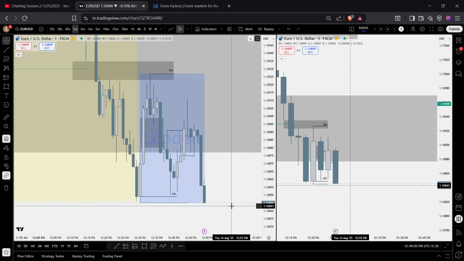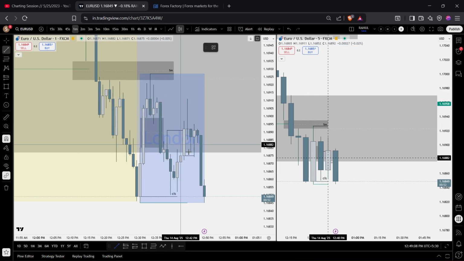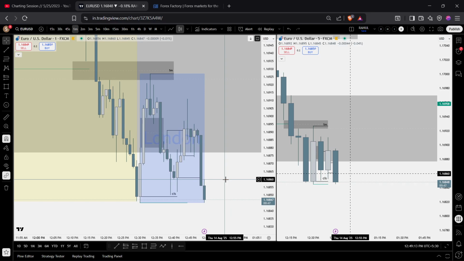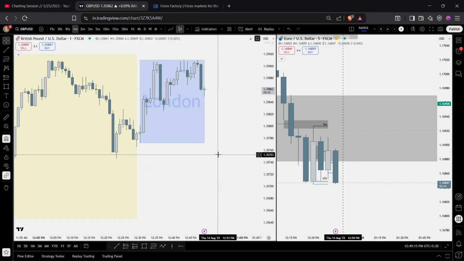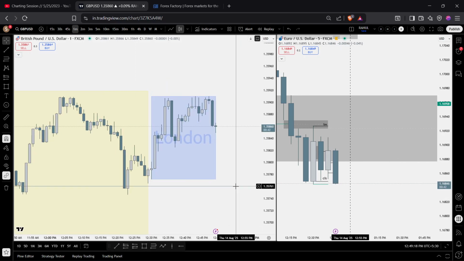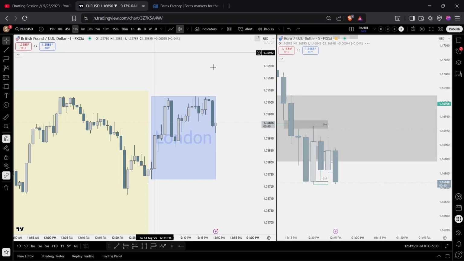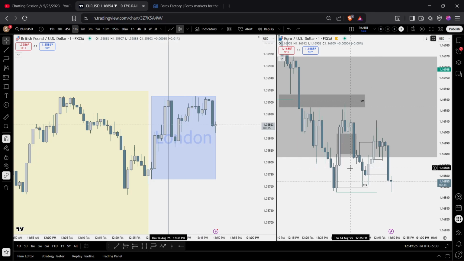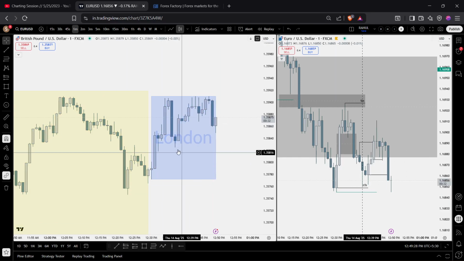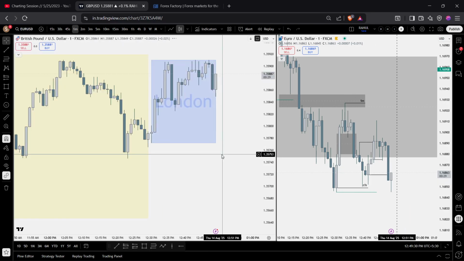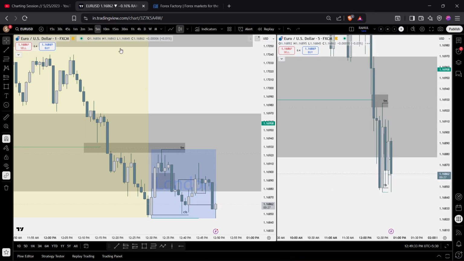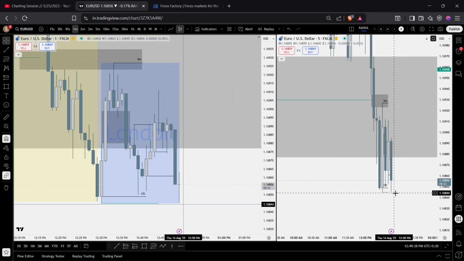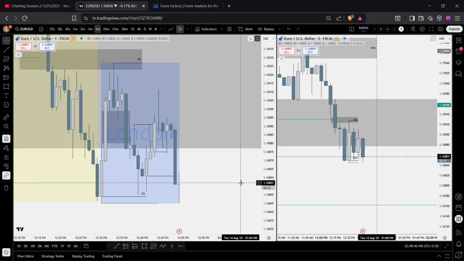We are seeing some sort of a CHoCH, as you can see, it has broken this. We didn't get a manipulation, but it was a... this is a... not that. This, okay, we did get a sweep. Okay, it gave us a displacement to the downside. We're still consolidating like yesterday.